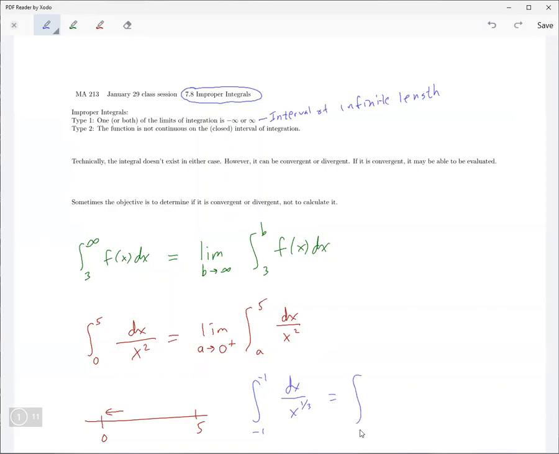To do that one, you would go from -1 to the point of discontinuity, plus, and then 0 to 1. Oh wait, that's going -1 to 1. That's what I meant to write. And I don't know why I wrote a -1, and that looks like I'm trying to write a -1 there too as well.